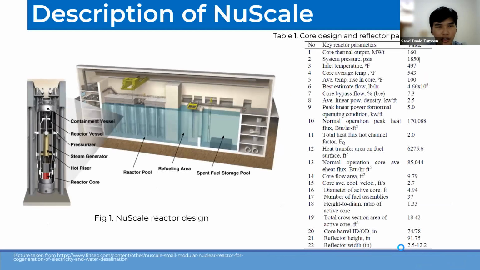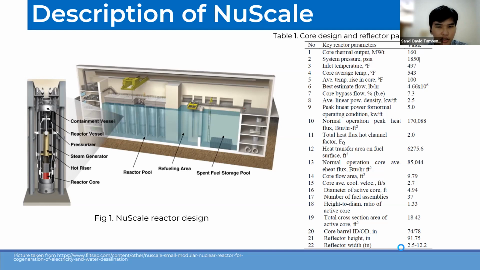And there's the description of NuScale. NuScale is a typical small modular reactor, pressurized water reactor type, having the power of 160 megawatt thermal, which equals 50 megawatt electric. As seen in figure 1, the reactor contains a reactor core, pressurizer, and two steam generators, which are integrated in a reactor pressure vessel placed in a compact containment. In general,